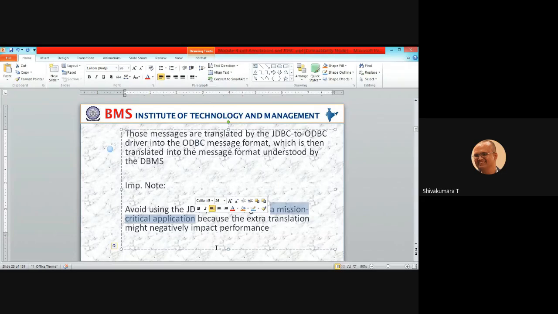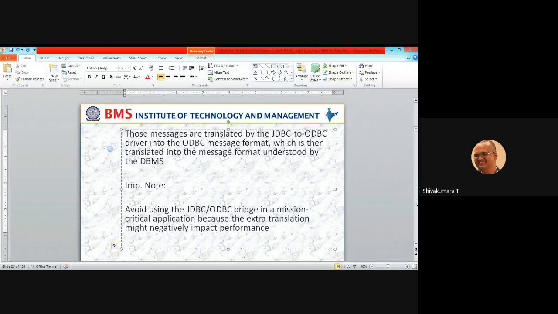So these are all mission critical applications. If the translation time exceeds the operation time, the flight may crash. Right, in those cases try to avoid the usage of these kinds of drivers in those applications. Mission critical application is nothing but that.